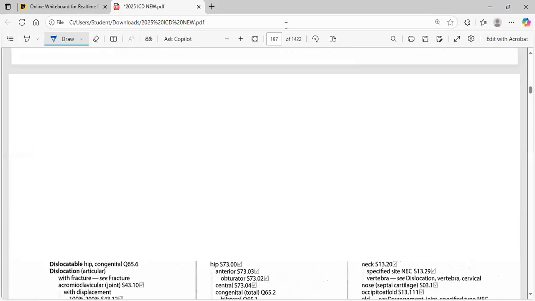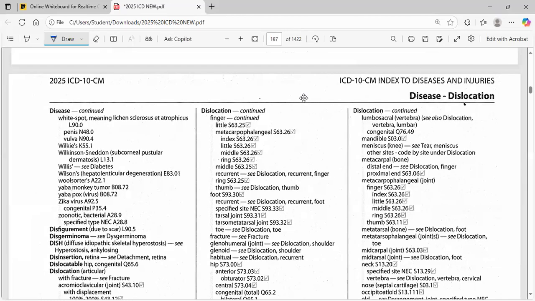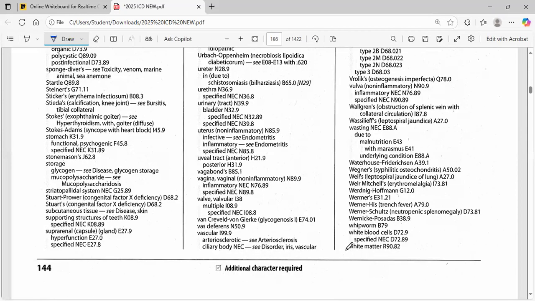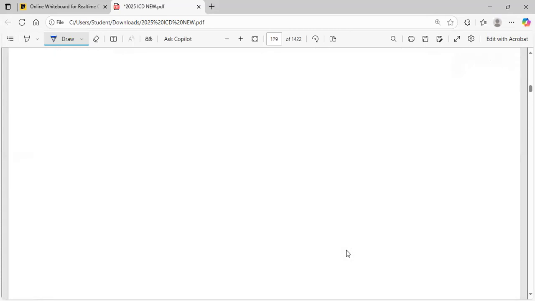Here we have the dementia. So under the dementia, we have to look for the "due to". And under the "due to", we have to look for the Parkinson disease. So if we reach the Parkinson disease, we can see we have two codes here, G20A1 and then F02.80 in the